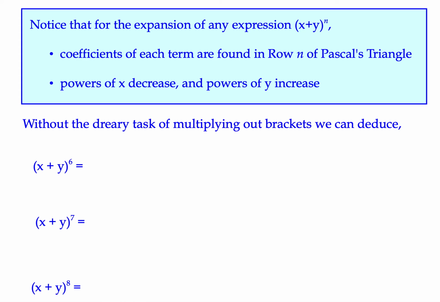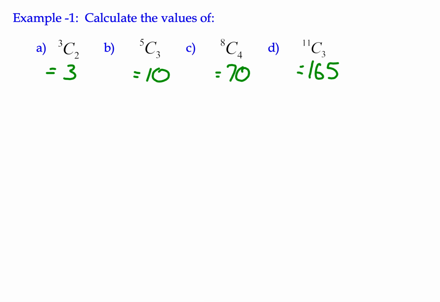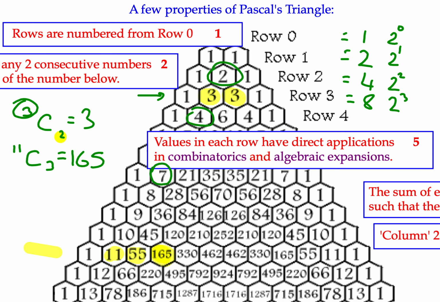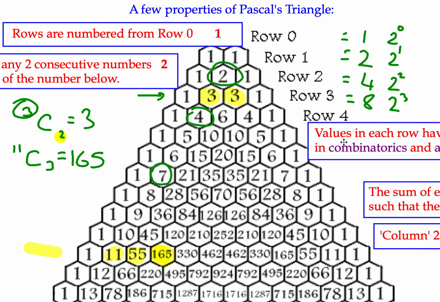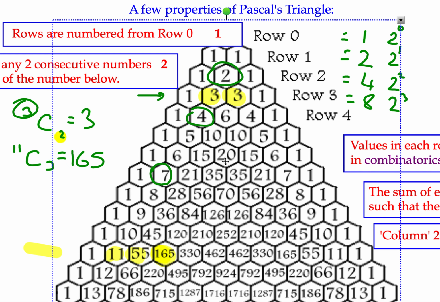Here is the expansion. I'll show you what we're doing with (x plus y) to the power 6. Well, what's row 6 of Pascal's triangle? Okay, let's just remind ourselves. If we flip back a couple of pages, row 6 is somewhere in the midst of all this mess here. 1, 6, 15, 20, 15, 6, and 1. Okay, there's row 6 there. You remember those numbers because I'll forget. 1, 6, 15, 20.